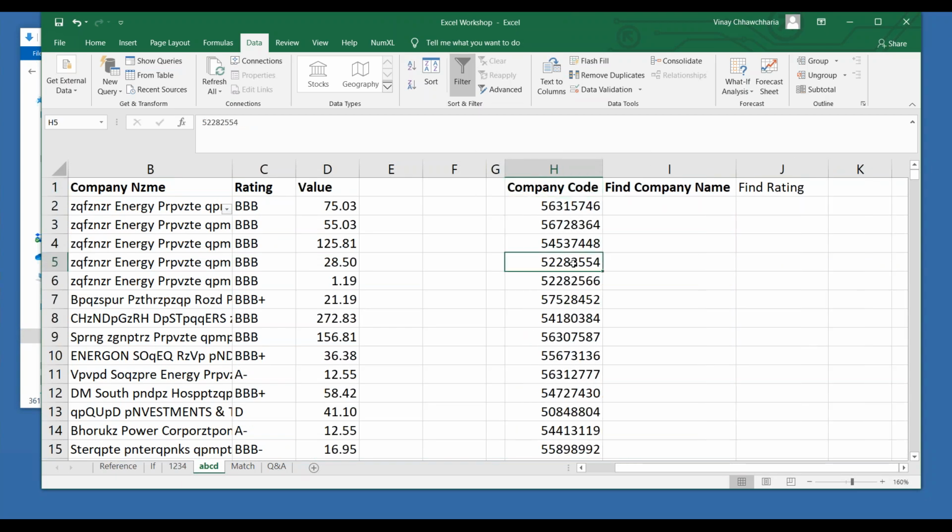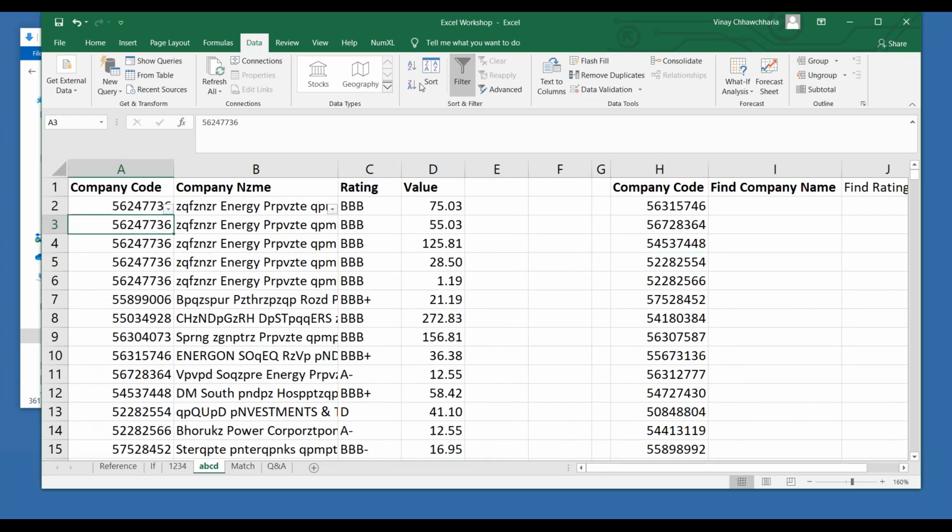Now I will just explain what VLOOKUP is needed for. As you can see in the database, you have company code, company name, rating, and value. Now these company codes are repeated.